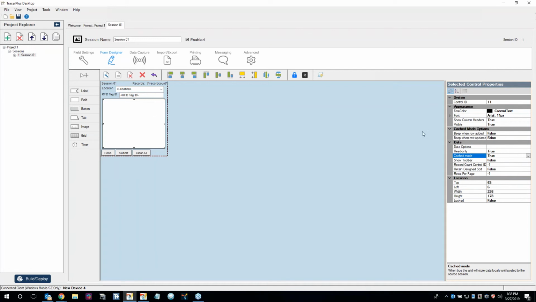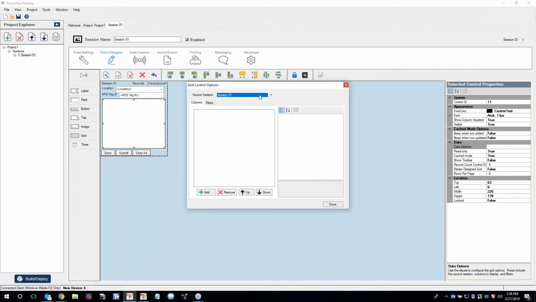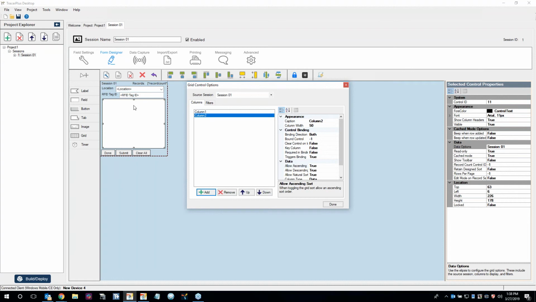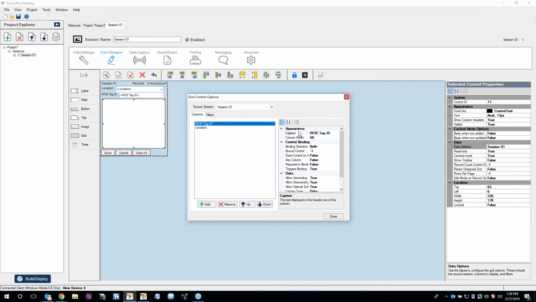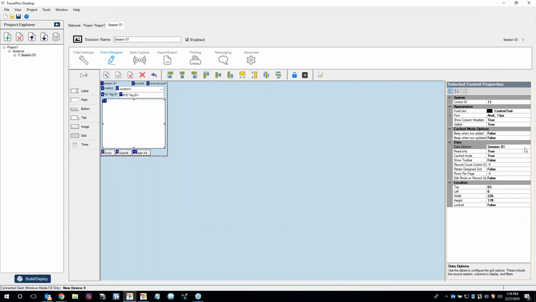What I'll do then is I want to determine what fields I want to display in my grid. So to do that, I'm going to add 2 fields because we have 2 fields. I'll make one my RFID tag ID, and I'll make the other one my location. From there, I need to determine what this column is actually going to contain. So I want this to go to my RFID tag field, which happens to be